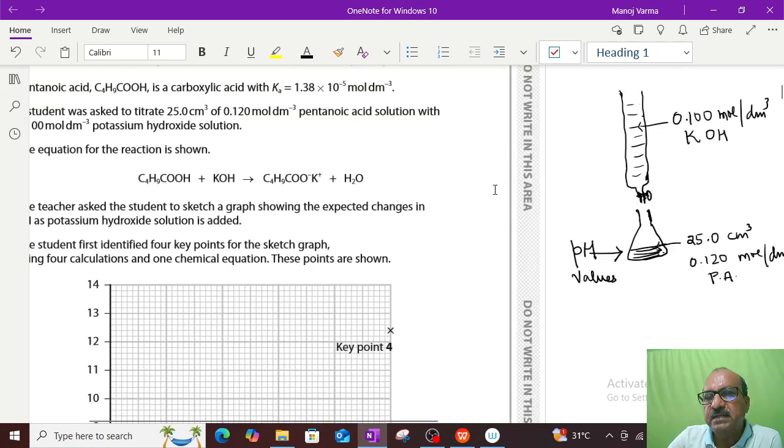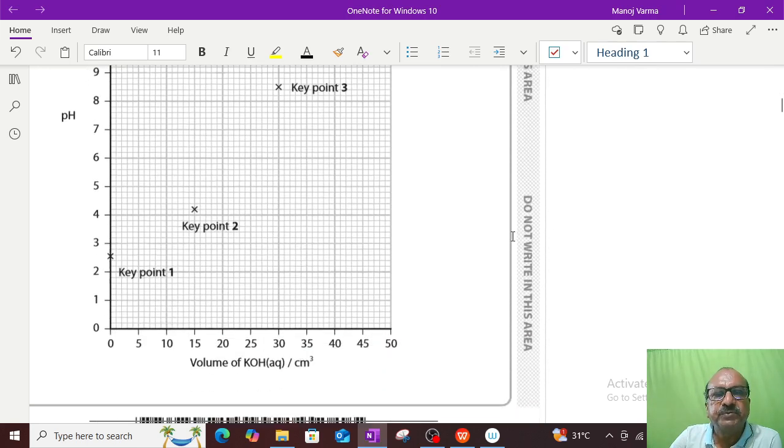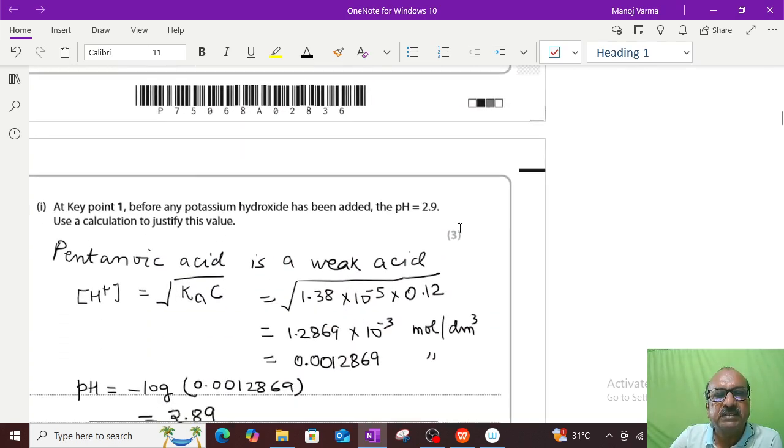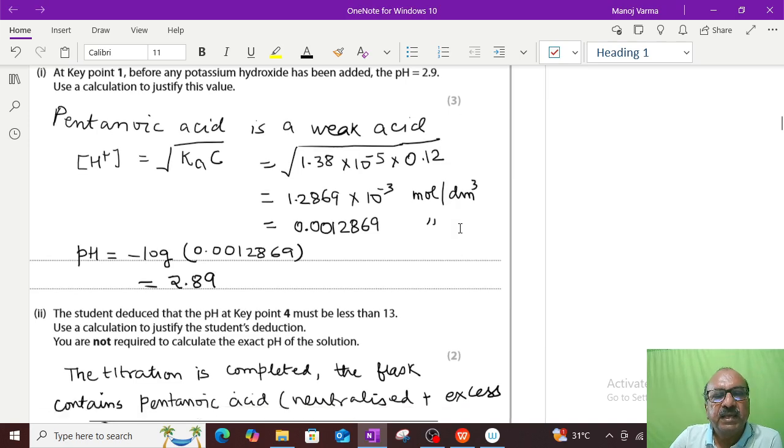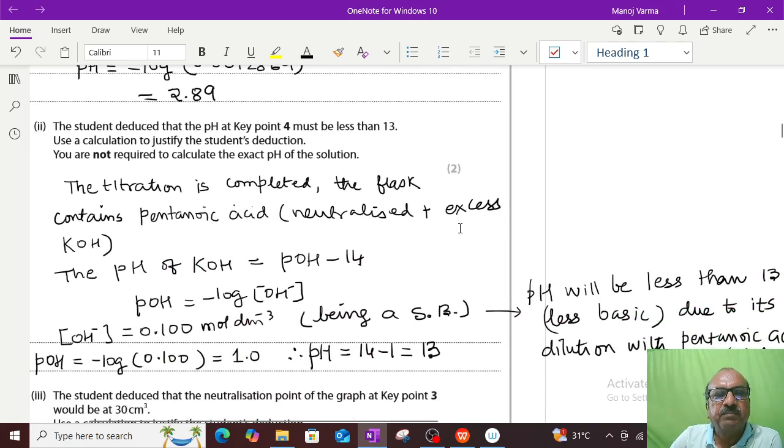So in the flask, you can see that here we have the last point that we get in our titration curve, key point 4, where this pentanoic acid has been completely neutralized and excess KOH has been added. So we can actually find the pH of pure KOH, and KOH, remember, is